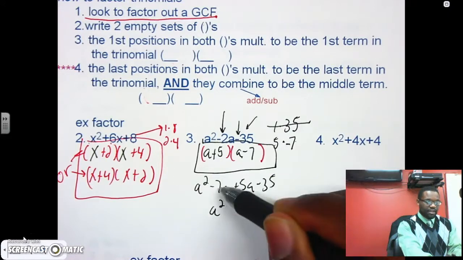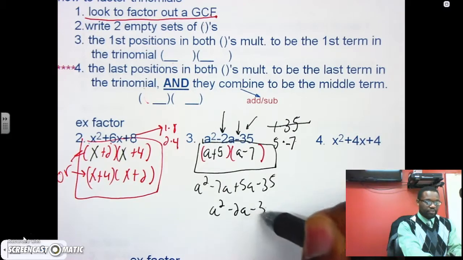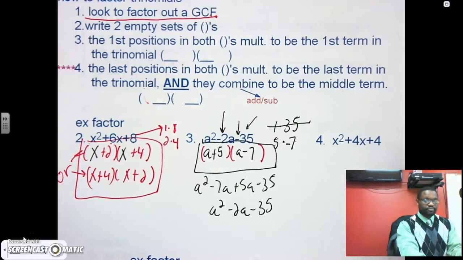A squared comes down. Negative 7 plus 5 is negative 2a minus 35. See, it works. So you can always check. All right. You can work number 4. I would like for you to try number 4, but I'm going to move down here to number 5